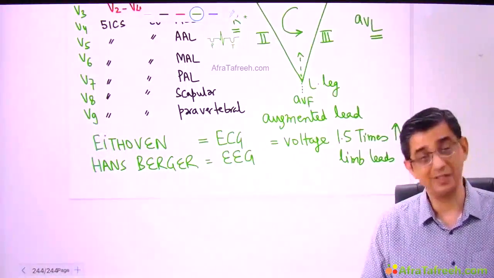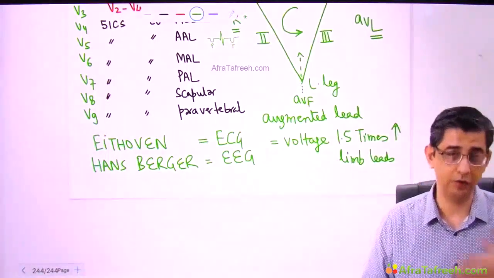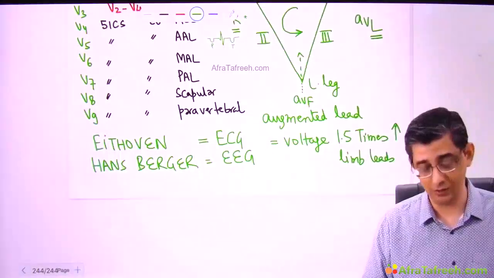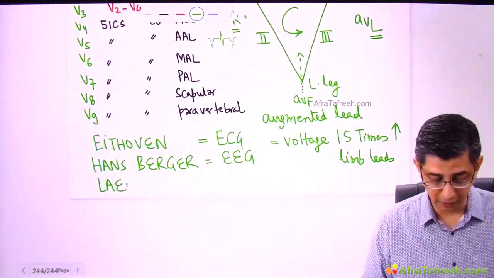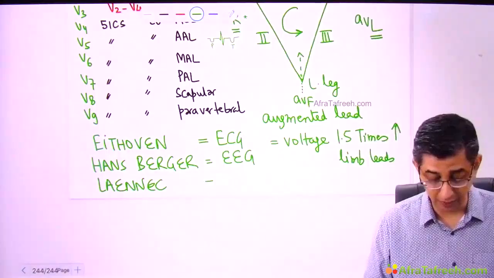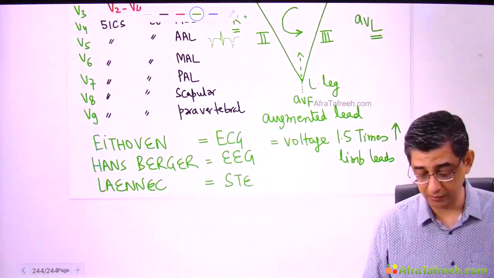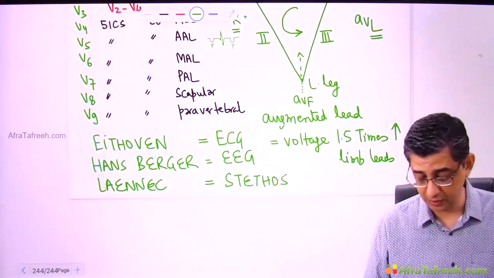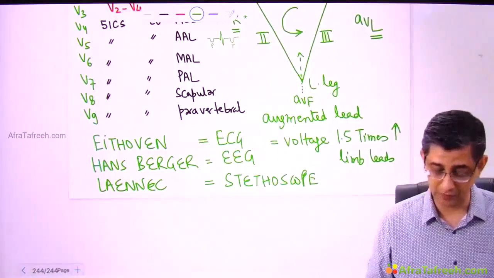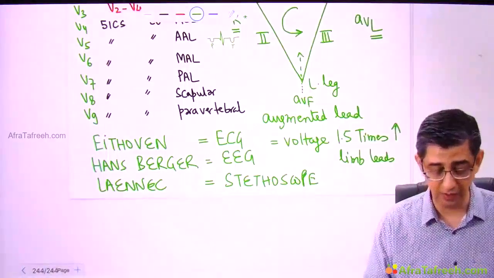And when it comes to a stethoscope, it was not Littmann. You see, we all aspire to purchase an expensive Littmann stethoscope, but well, who invented the stethoscope? It was Laennec. Yes, we read about Laennec and Ross's, right, in pathology. So Laennec is the one that we credit with the invention of the initial stethoscope, and now we obviously have more sophisticated variants of it available.